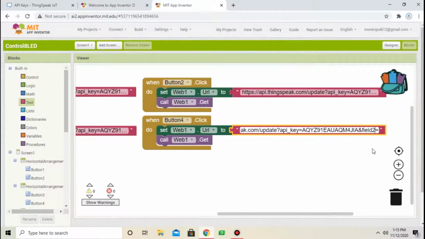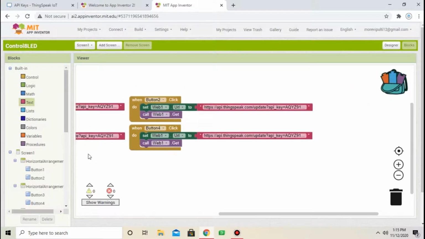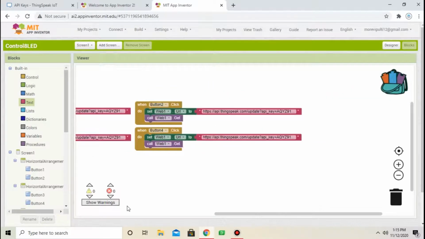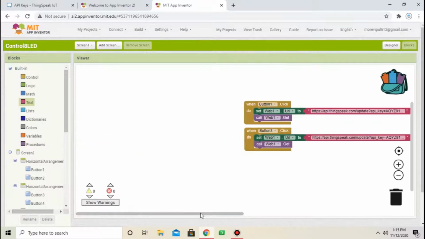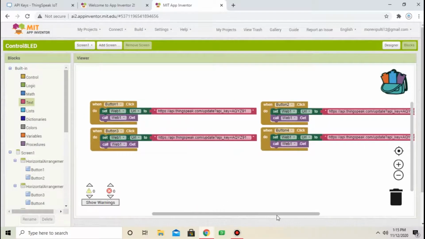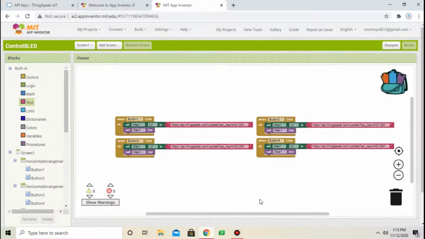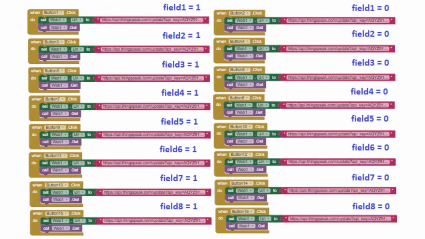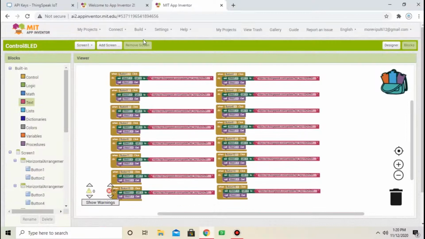Change field 1 to field 2. Now make the same changes for the rest of the switches. Take a reference of this diagram. You can download this diagram from the description.